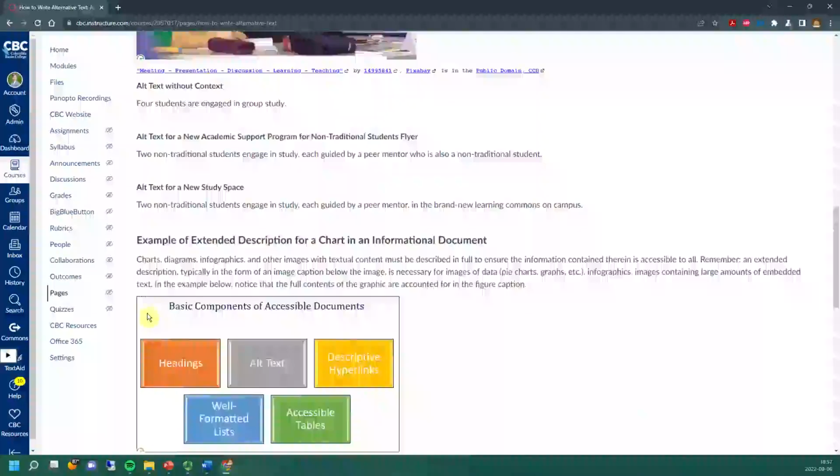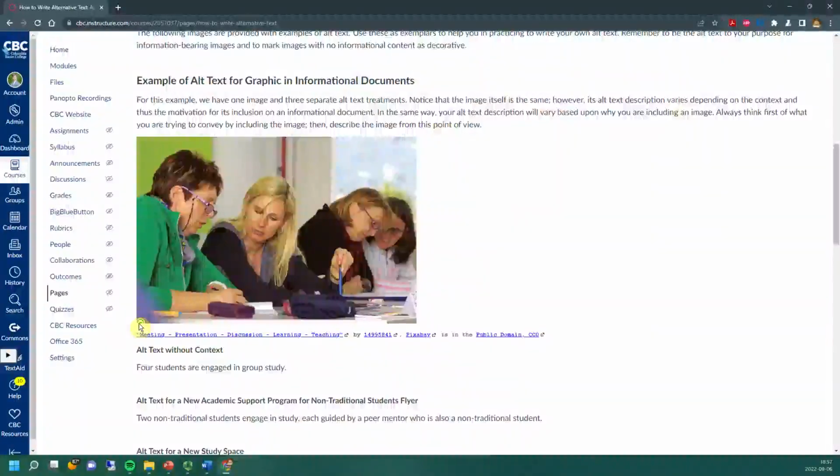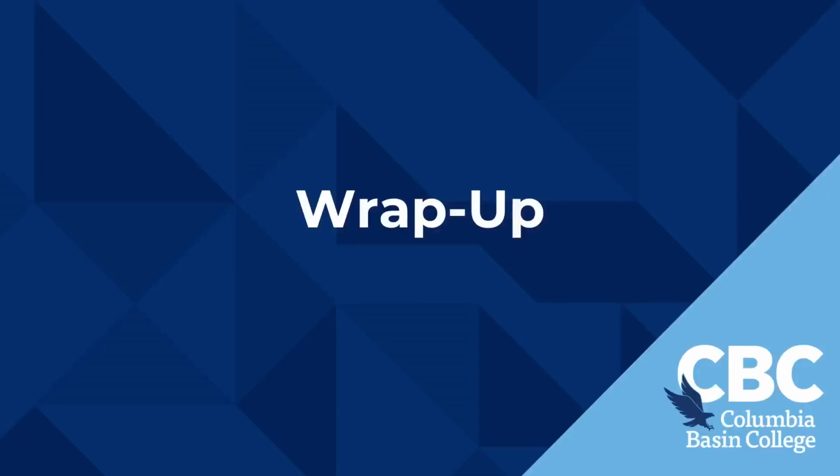If you have any questions about any of those descriptions or the benchmarks that the checker gives you or what they mean, you can click on help, and you can also contact me at any time. And finally, I want to thank you very much for your interest in accessibility and helping all of your document readers have better and fuller access to the wonderful content that you're creating or curating.